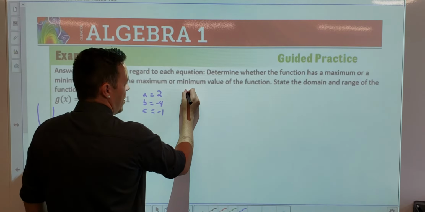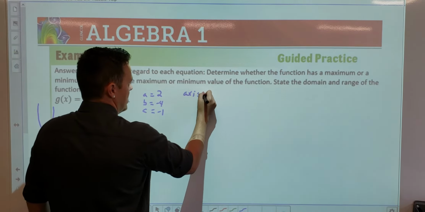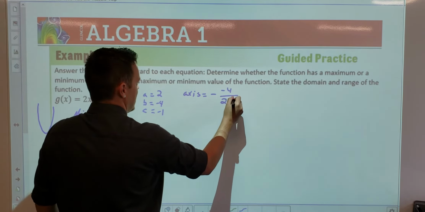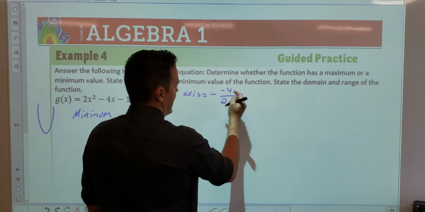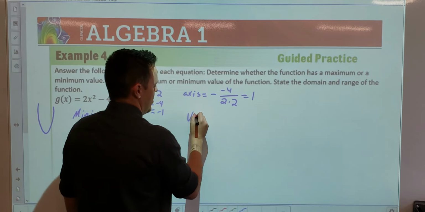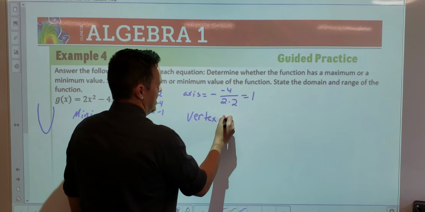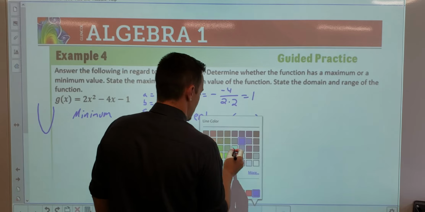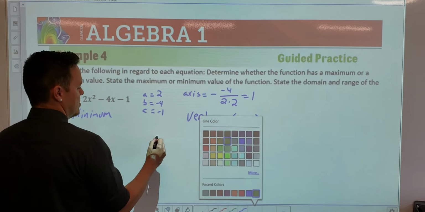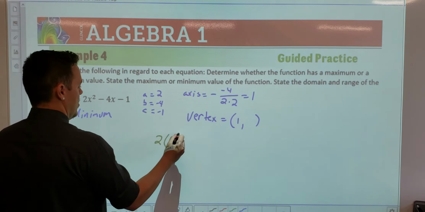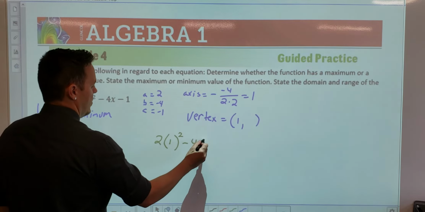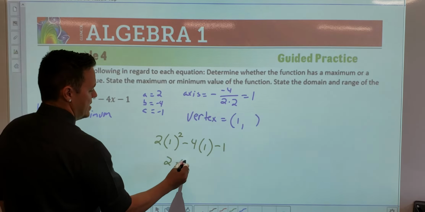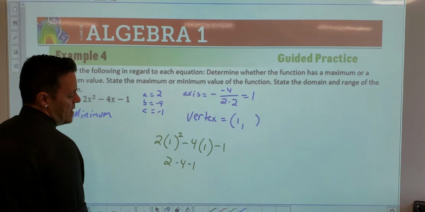So we're going for our axis of symmetry. It's going to be a negative b. So it's negative 4 over 2 times a, which is 2. Negative and negative is going to be a positive. So now we know our vertex is a 1, but we don't know what the back end is. So we'll do it again. Plug the value in. So it's going to be 2 times 1 squared minus 4 times 1 minus 1, right? So this is going to be 2 minus 4 minus 1. That would be